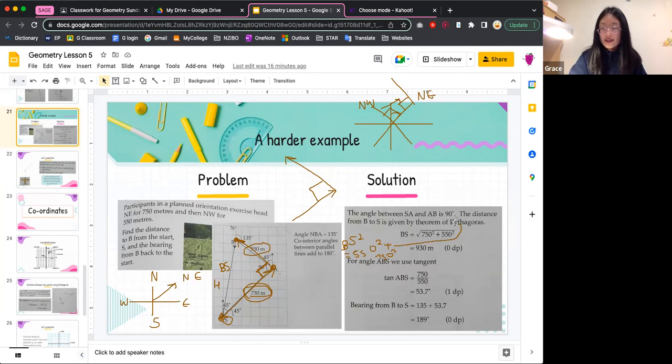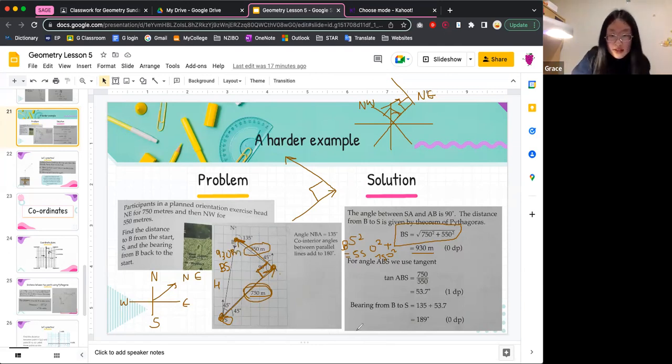This is Pythagoras from last week. In these problems, you often find that you can use Pythagoras and trigonometry in combination, which is really helpful. Now that we've got BS as 930 meters,